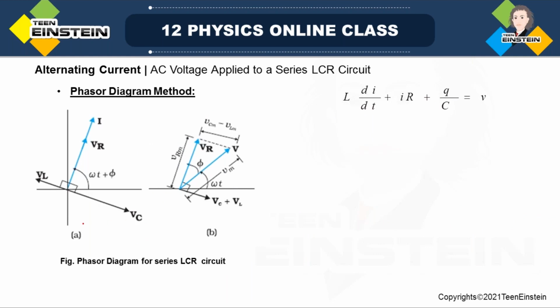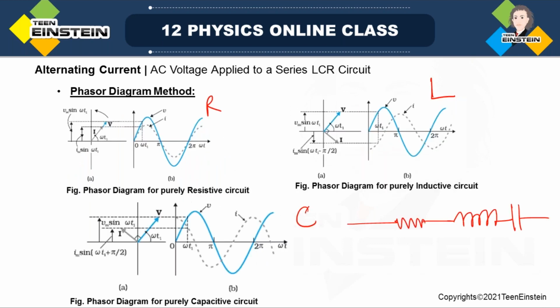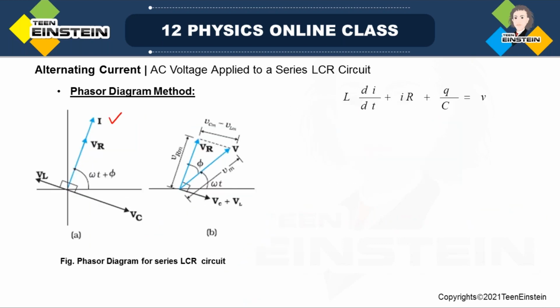Look, this is the phasor diagram. As we have discussed in the previous slide, the current and voltage for the resistor. Just before I describe this phasor diagram, let me give you a certain idea. Suppose at any instant of time,